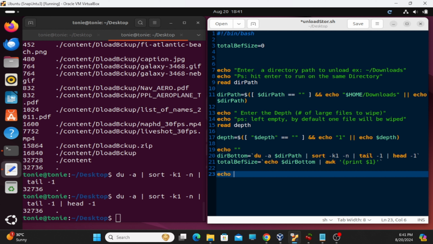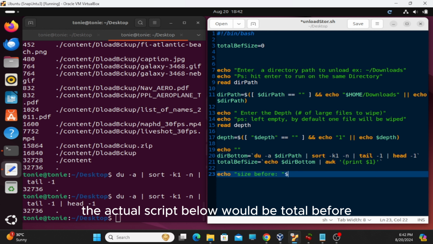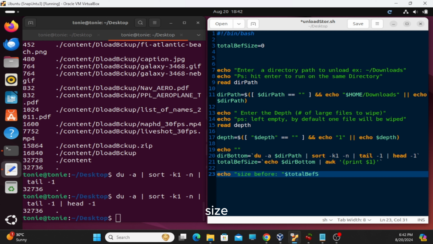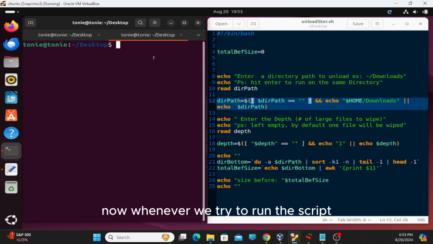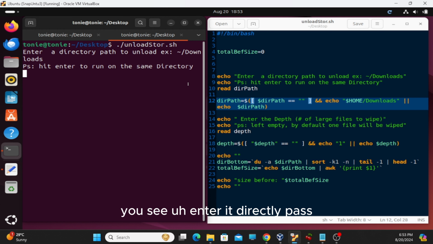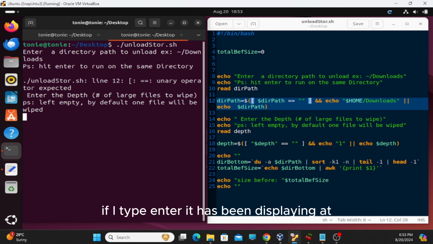So let's check. If I type echo size before running the script, the actual script below would be total before size. So let's check so far how this script will respond. Now, whenever we try to run the script, you see enter a directory path. If I press enter, it displays, as you've seen,